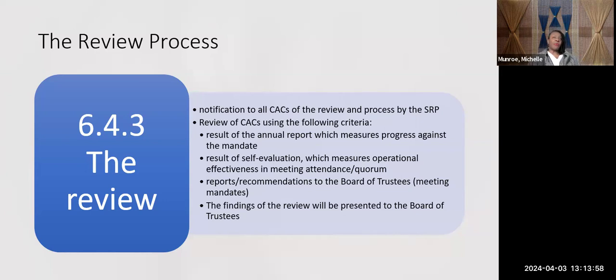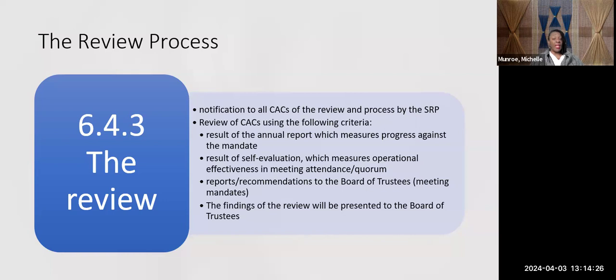The CAC review was approved, as I said earlier, and the process outlined within 6.4.3 is that there will be notification to all CACs of the review and it will be processed by the senior resource staff that supports the community advisory committee. The criteria that will be used to provide a report to the Board of Trustees on the review will entail,